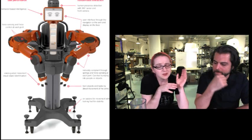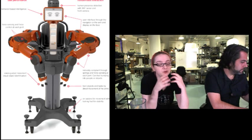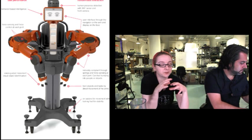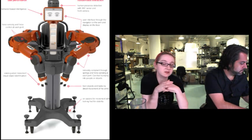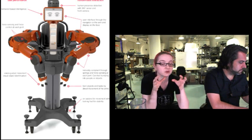So this robot is actually meant to work with people, and the way it does that is every joint has a really interesting force feedback system. And it's not a very strong robot. Most of these robots can lift cars or whatever, they're extremely strong. This robot isn't that strong because what it will do is make sure it doesn't accidentally